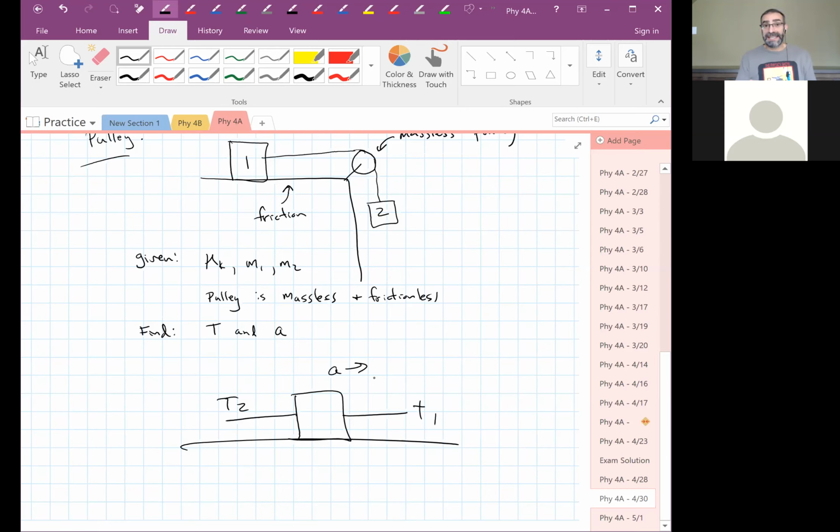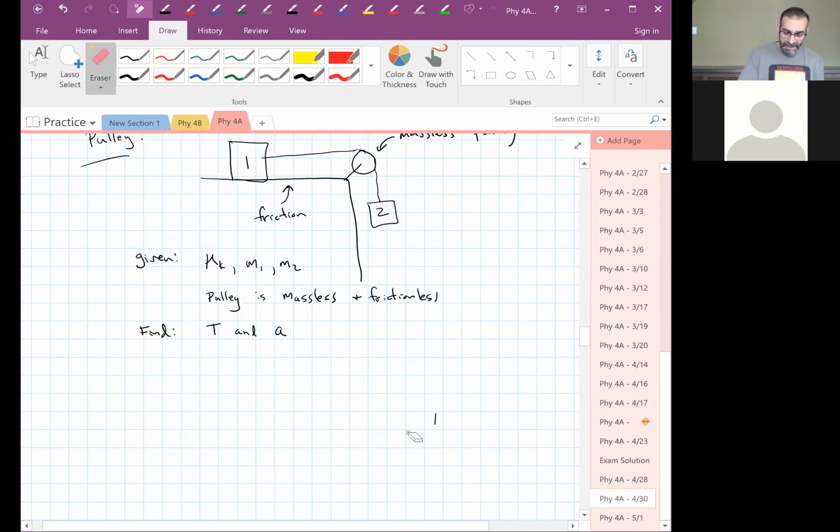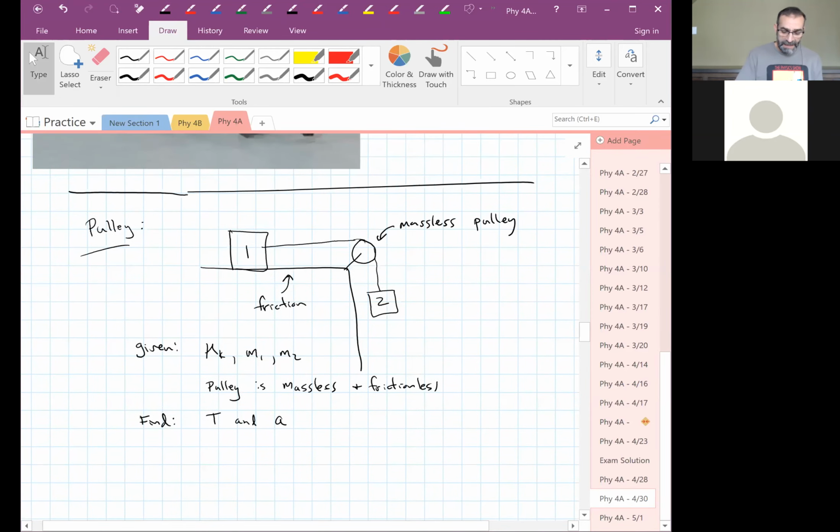But if the box is massless, then T1 could equal T2 and we could still have acceleration, right? It's like it's not even there, right? I could just have 1 rope here. It's not even there. And I could still have acceleration. So that's the idea with this pulley. If that pulley has mass, the tension in the rope on each side of the pulley has to be different. But because it's massless, the massless pulley means that T1 is equal to T2